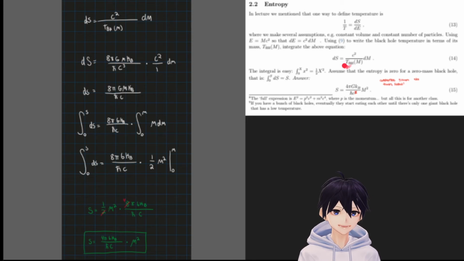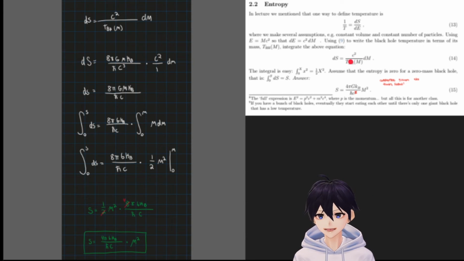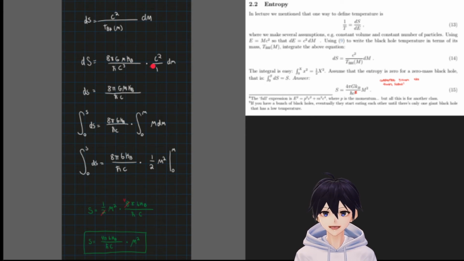Apparently I made a mistake, and this is not actually just an extra m hanging over. Because we're going to be taking this derivative in terms of m, multiplied by that c squared divided over 1. So this is what we have right here. We can see that there's a c at the top, c at the bottom. We could cancel those out to just get a c. And there should be a